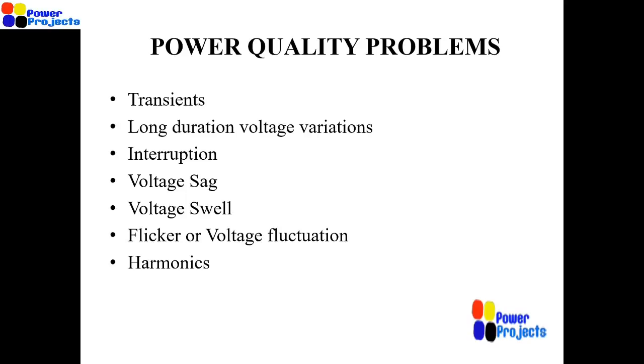And of course, harmonics also become a problem nowadays with electric vehicles, and with solar sources, as solar inverters will inject harmonics into the systems. Wind energy conversion systems like type 3 and type 4 wind turbine generators also inject harmonics into the systems. These are all the power quality issues, so let's talk about harmonics.